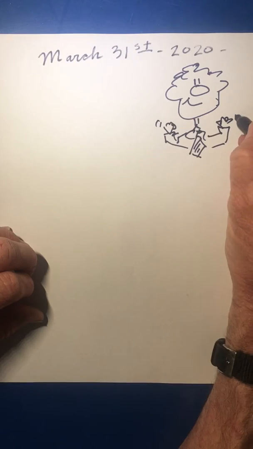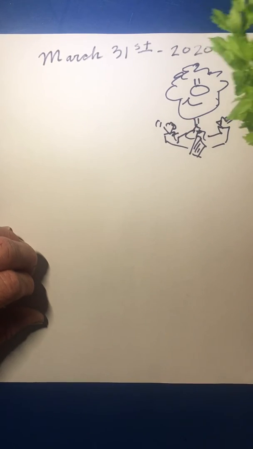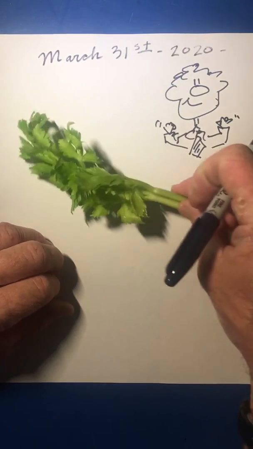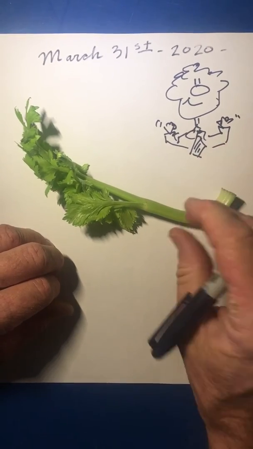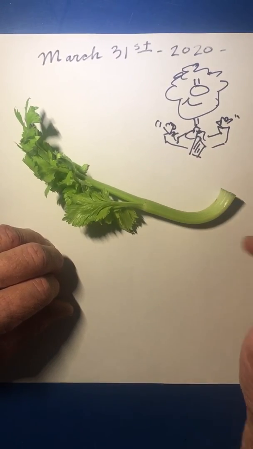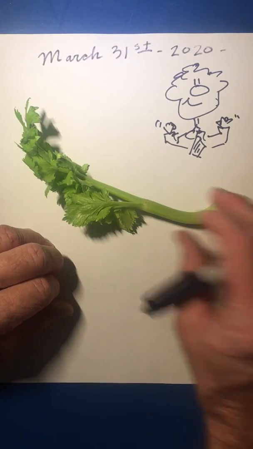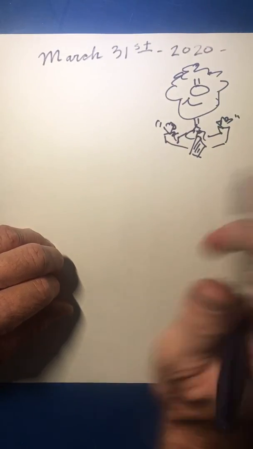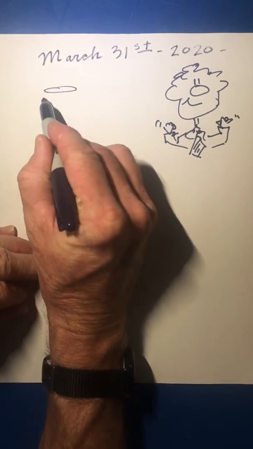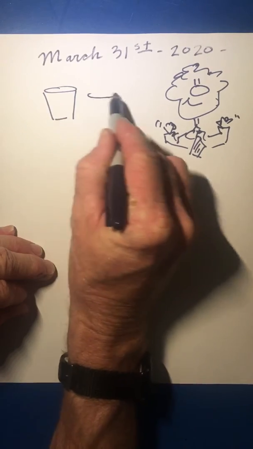But if you check out what we were doing in class a little while ago, or at least online, we were talking about this guy, celery. We had celery sitting in a couple glasses of water, blue water, you might remember, it was dyed blue. And if you go back and check out the other video, part of the video was done